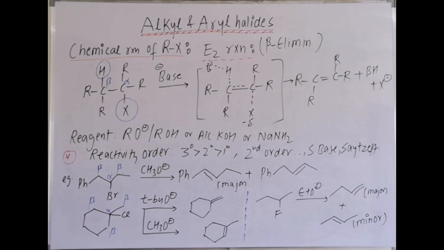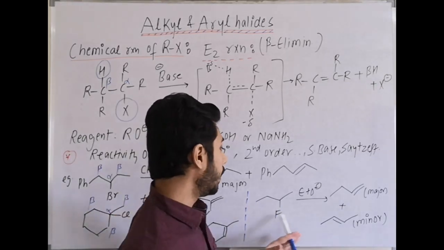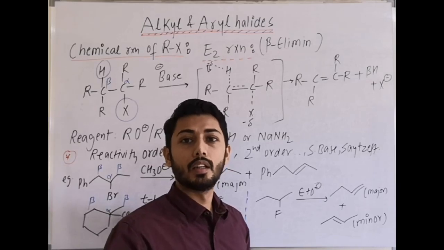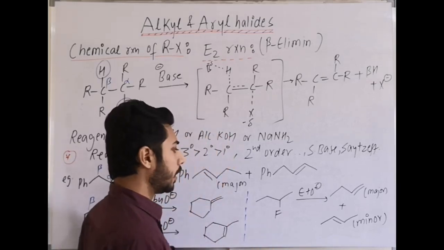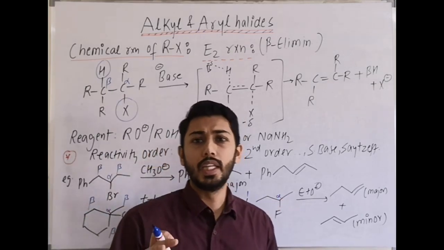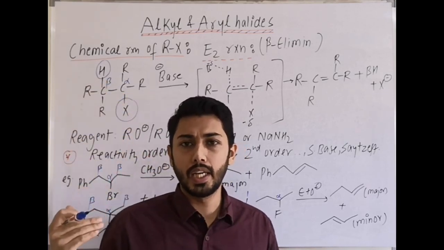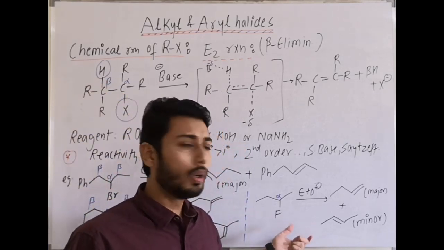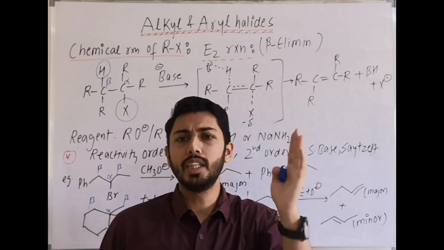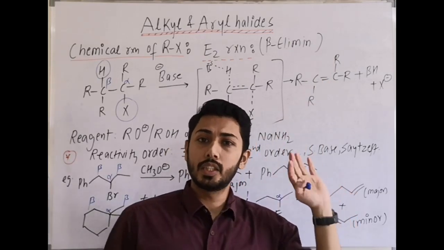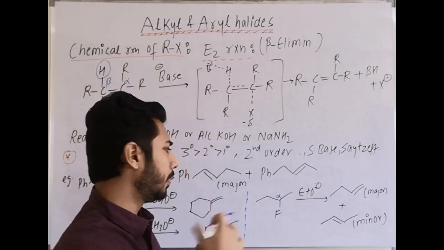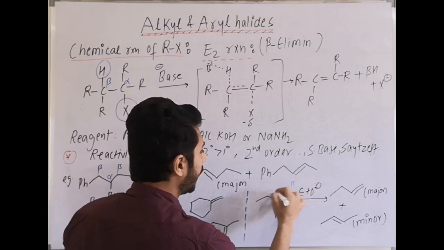Then next reaction with alkyl fluoride. Remember, with alkyl fluoride we get generally which alkene? Hofmann alkene as major product. I will try to explain it, that here this is alpha carbon. Now fluorine is a weak leaving group among all alkyl halides, and it is strong minus I also. So this reaction follows some other mechanism which is E1cB type. It is an E2 reaction but with high E1cB character. That's why mechanism is not important. I'll simply make you understand. Alpha carbon and there are two beta positions.